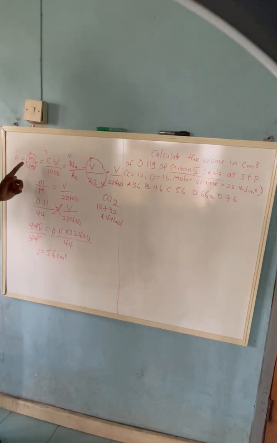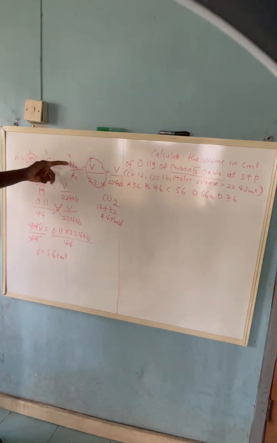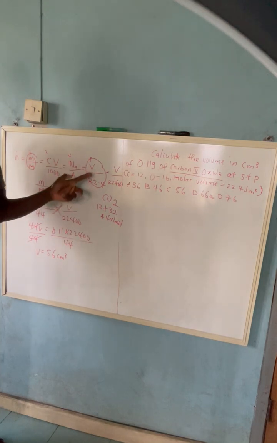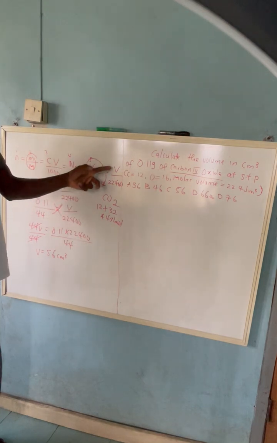n equal to reactive mass over molar mass, equal to concentration times volume over 1000, equal to number of particles over Avogadro constant, equal to volume over 22.4 when the volume is in dm cube. Also equal to volume in cm cube over